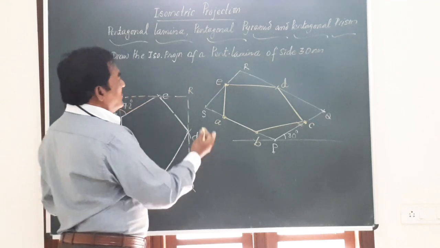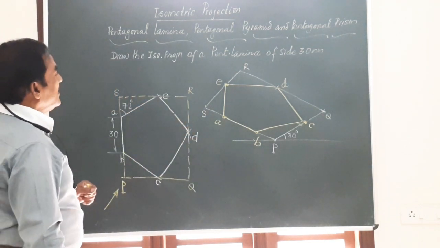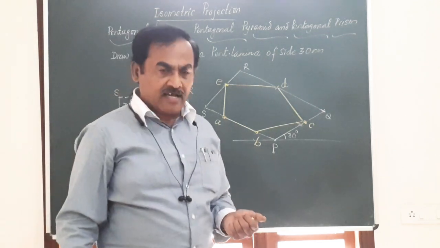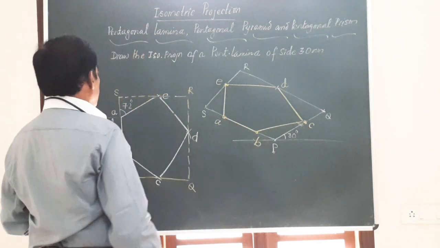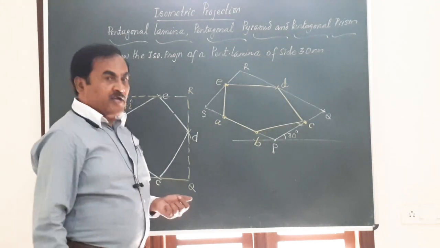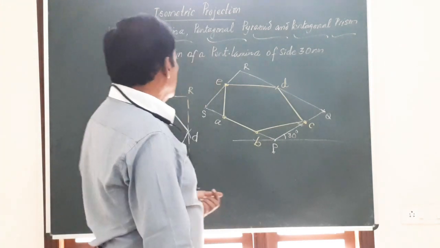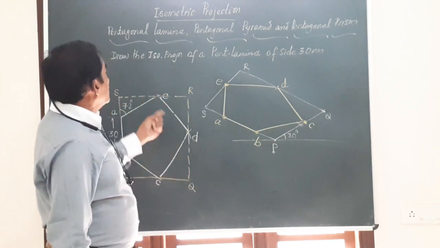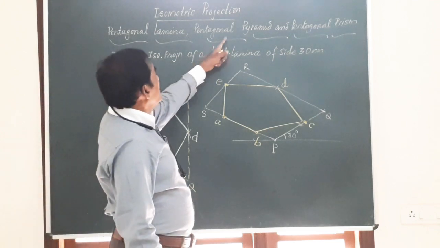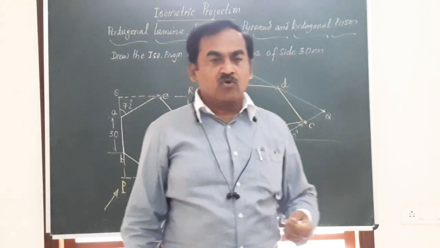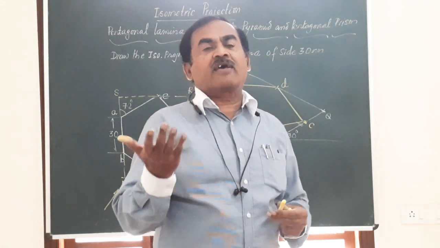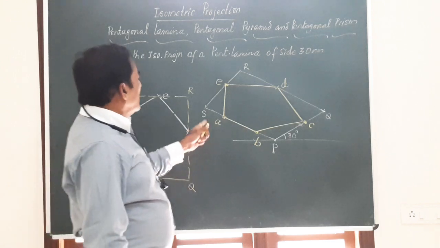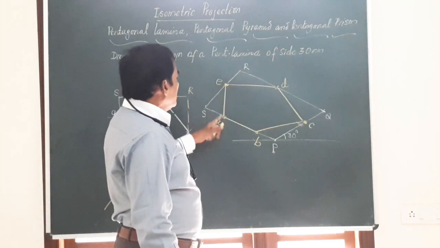Friends, the figure we have got here is the isometric projection of a thin pentagonal plate or a pentagonal lamina or a pentagonal surface. I hope you have followed this, my dear friends. So after completion of this, let's go to the isometric projection of a pentagonal pyramid. Friends, you know very well, a pentagonal pyramid will have a pentagonal base and the vertex, the highest point. So we have constructed the pentagonal base here.